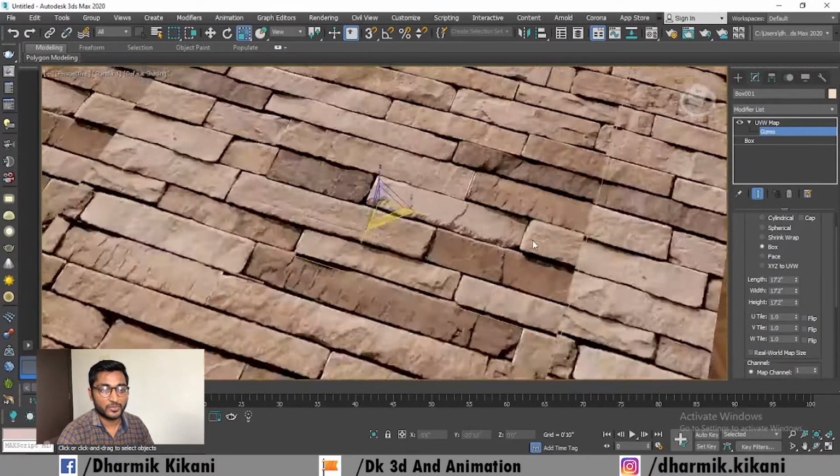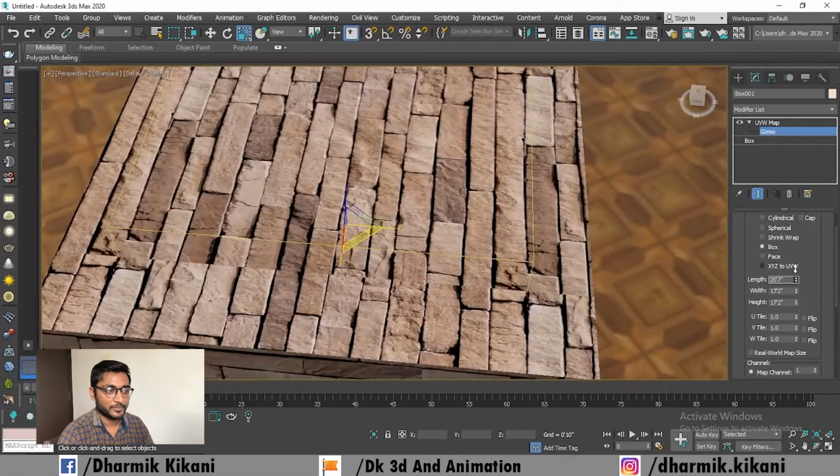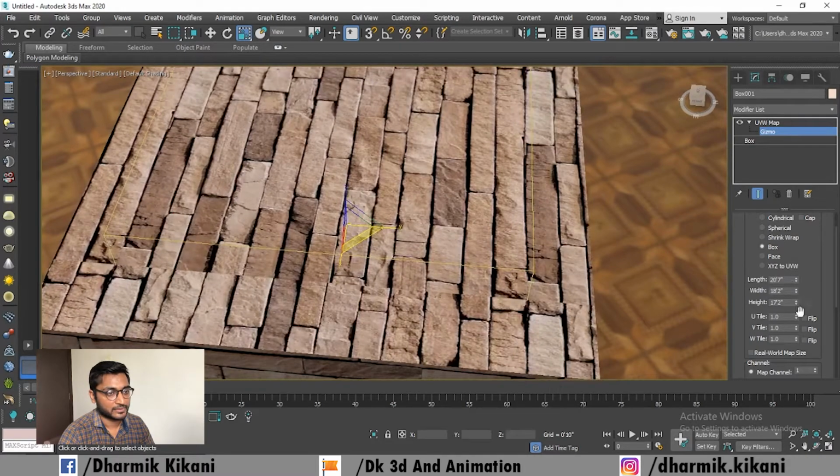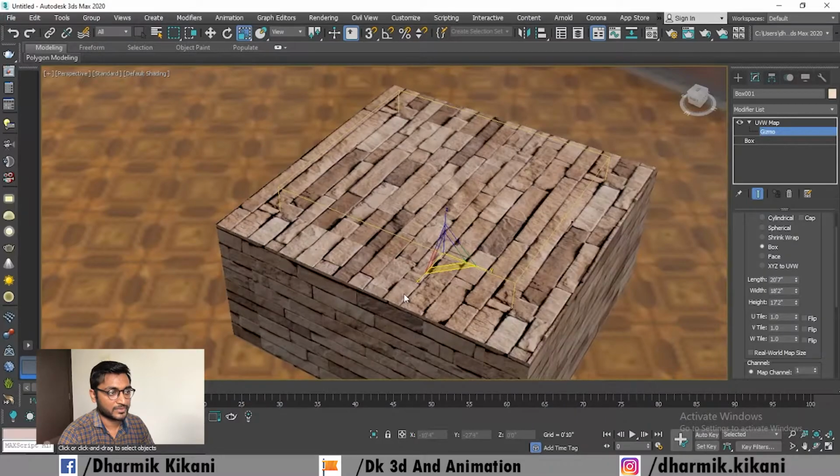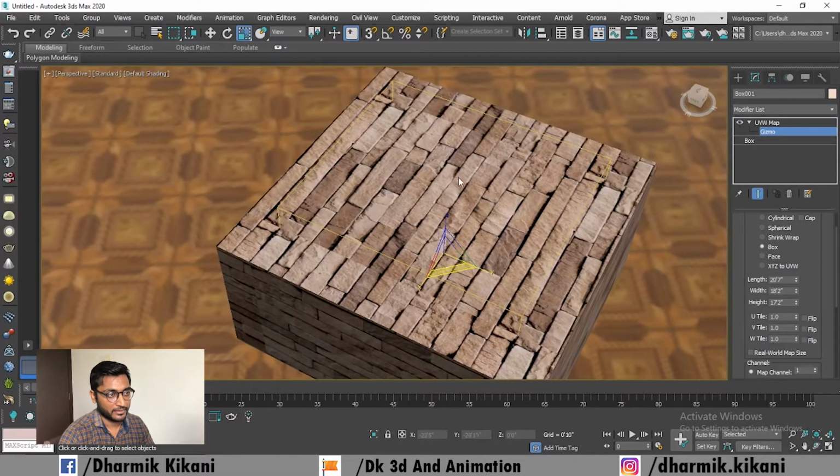If you want to remove this line, before removing it, you can also set your material from here. Now if you want to change the direction of this horizontal line, you need to press E and you can rotate it.